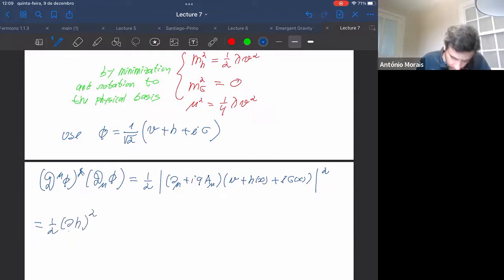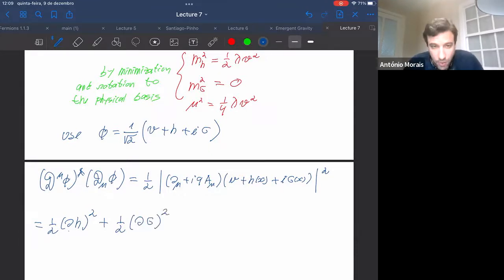So this is a kinetic term for H, for the Higgs boson, plus 1/2 (dG) squared. So once again, we have a kinetic term for the Goldstone boson. So they appear to be physical. So far, they are looking physical. Plus